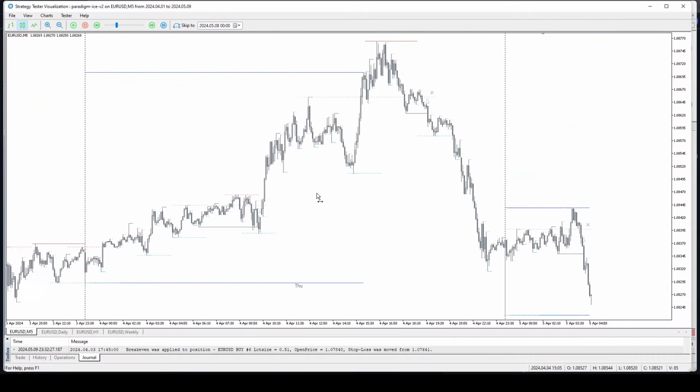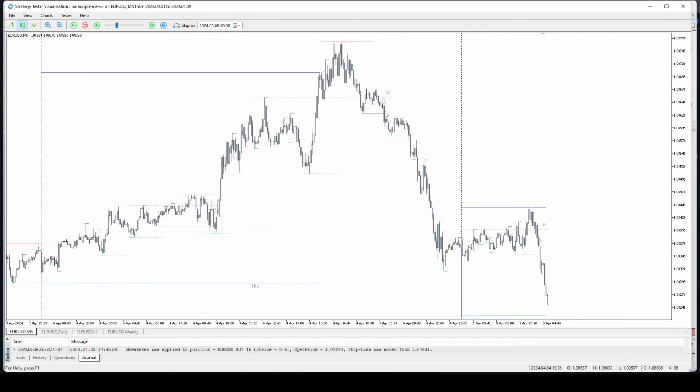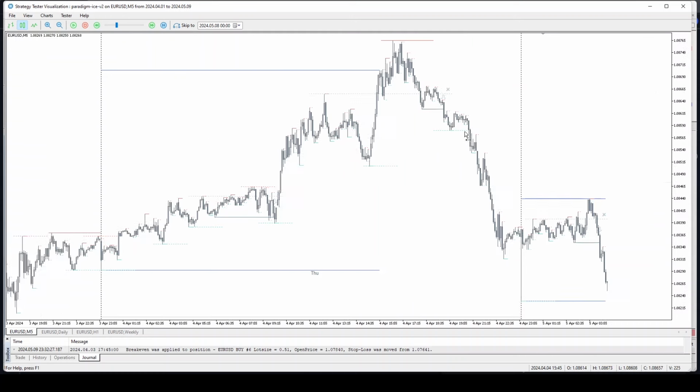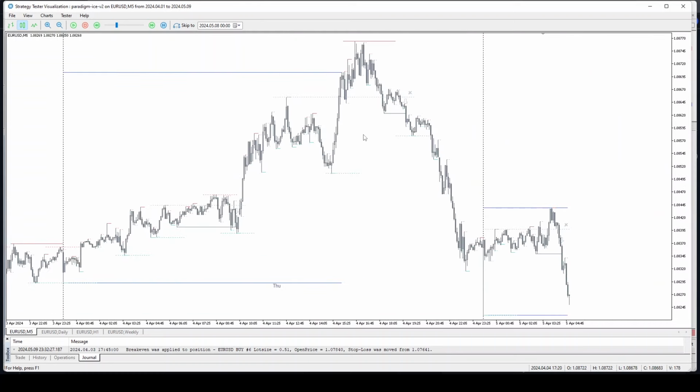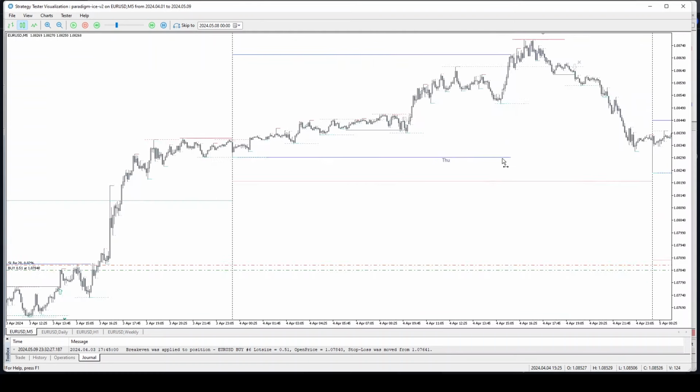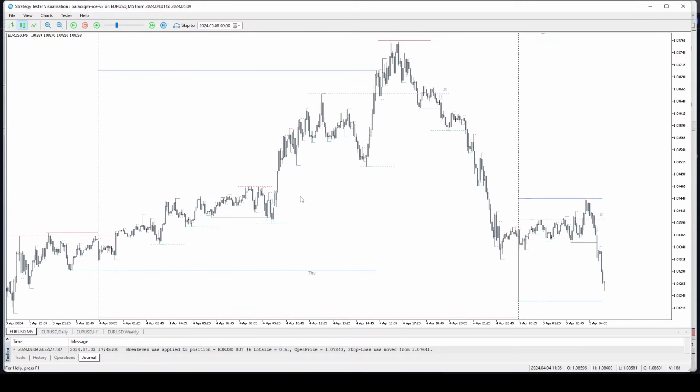Now look closely again. We had a sell setup here, but because at this point in time the bias is still bullish, that is why it did not close the long. It only closes the long when the bias switches bearish. There's a lot of improvements I can make to the EA. For example,